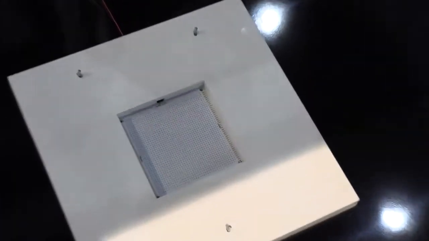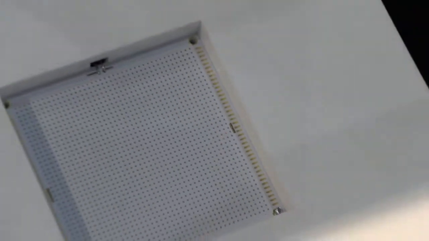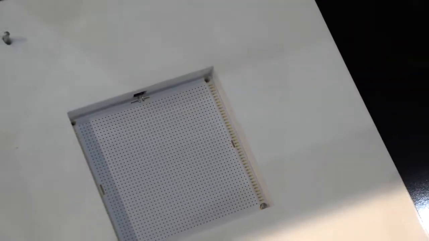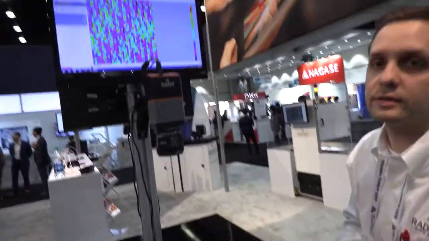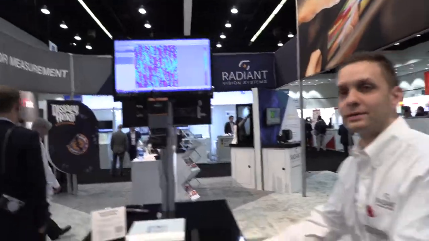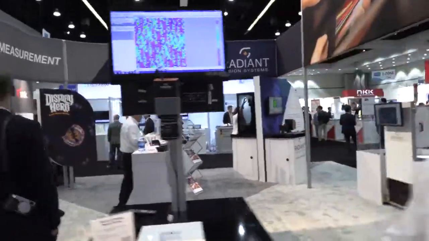Very similar to OLED devices, except they essentially use very tiny LEDs on a very flexible thin film that are used for backlighting for all kinds of different devices. So you are ready for the microLED market? That's right. Yeah. And if we walk around a little bit more over here,